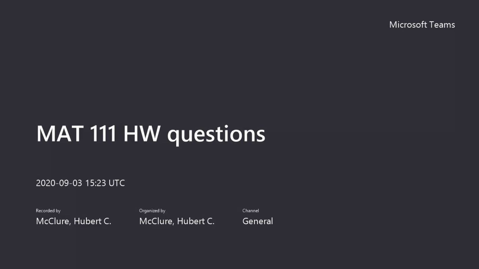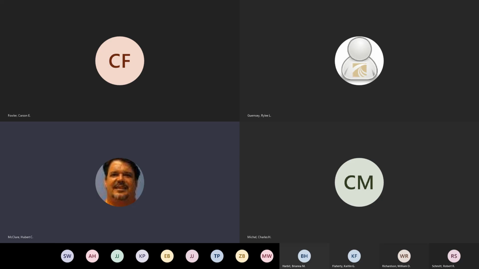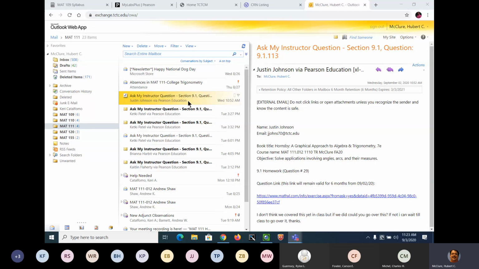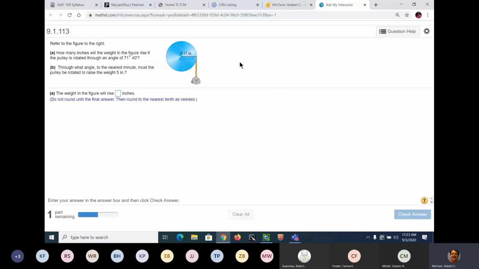So the first question, and we may have gone over this one, I can't remember because it's not dark like the other ones. So I don't know if we went over it or we clicked on it or what. And this is 9.1. Let's see, I don't think we've covered this. This may be arc length. So I may just wait. And yeah, it is. Okay, so let's wait on this one and get to it when we do the